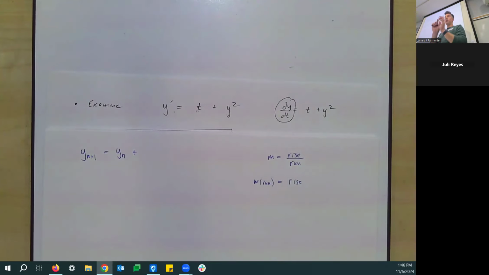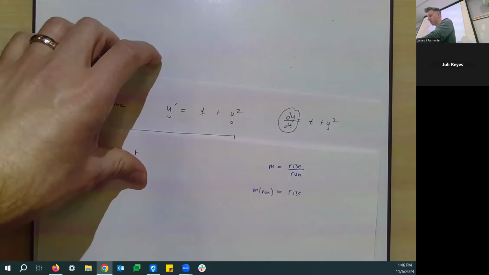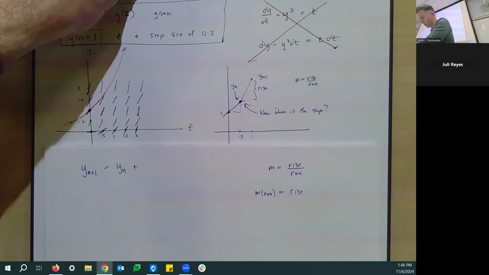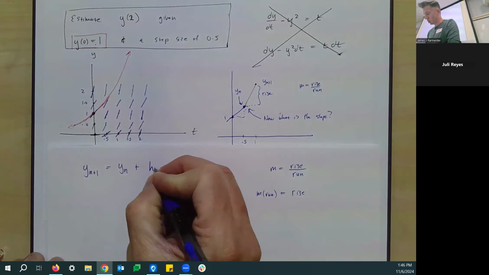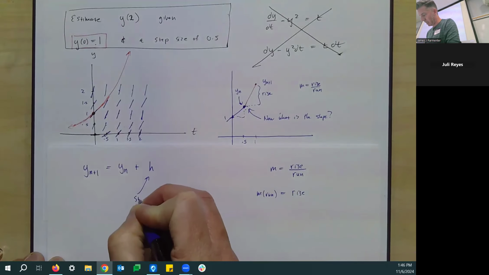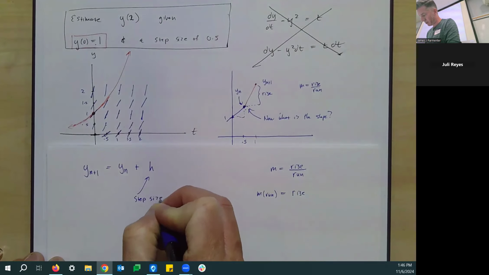The run, the amount we go over, is always given to us as the step size. We're going to call that h. I don't know why we picked h, but somebody picked h. That's the step size, aka the run,